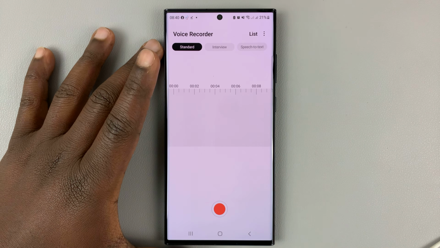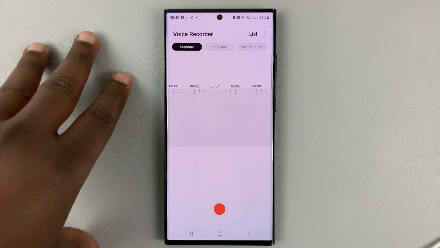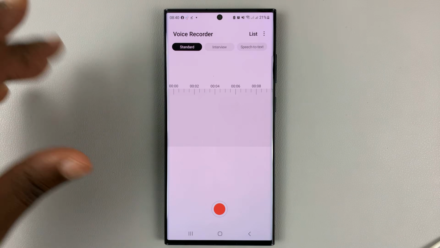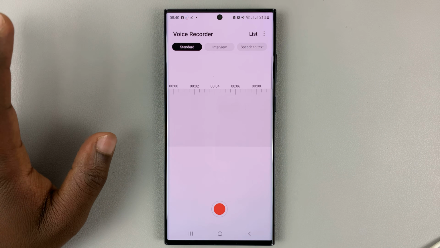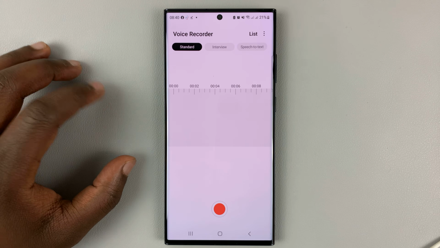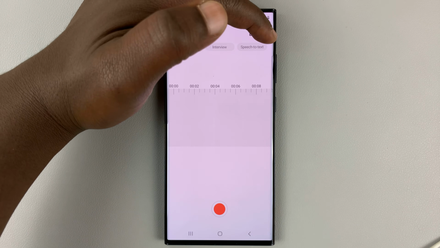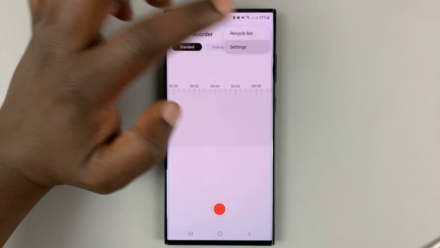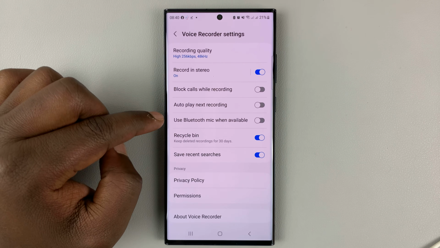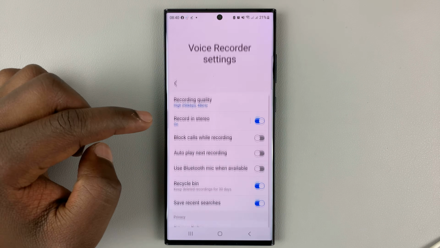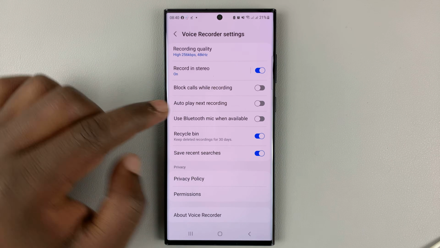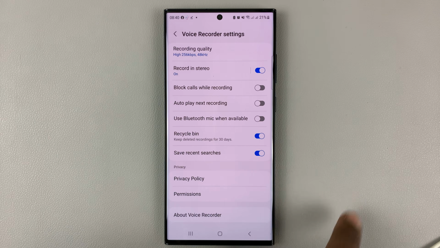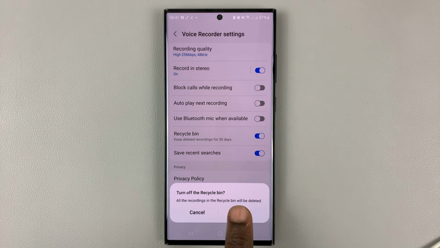Now, in case you find that your voice recordings, every time you delete them, they're not being sent to the recycle bin and you're unable to recover them, that might mean that you've not enabled the recycle bin. So what you need to do is tap on the three dots and then go to settings. And under settings, make sure you're looking for the recycle bin option. Make sure the recycle bin is enabled, because if it's disabled like that,